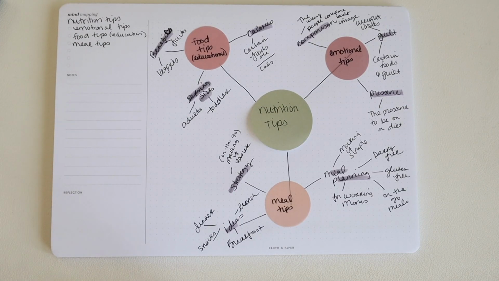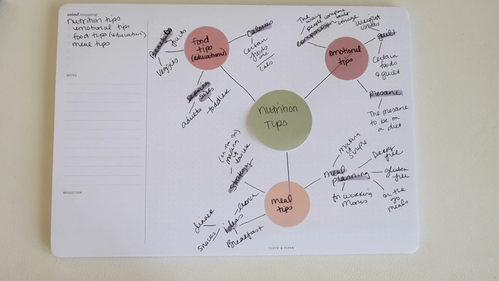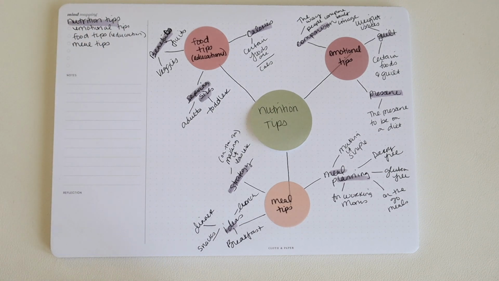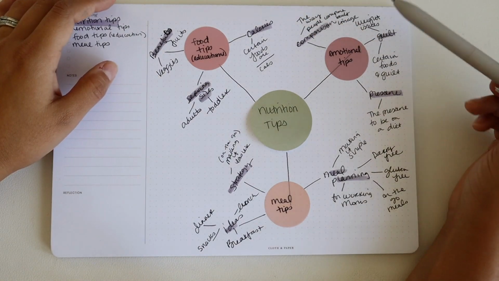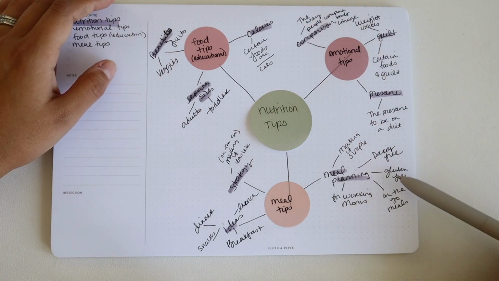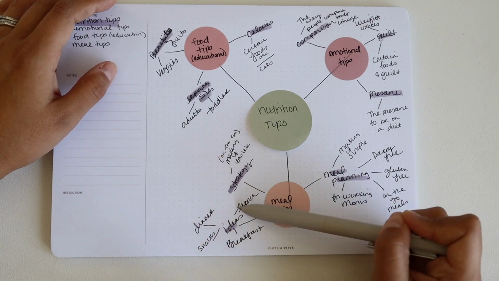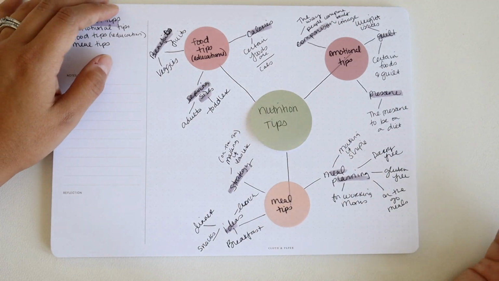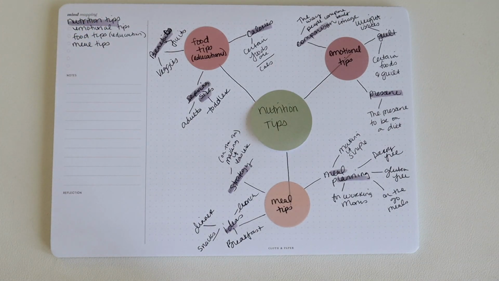So I want to count how many pieces of content I've already created for this one content pillar, because this is assuming that we have other content pillars within our content bank and our content strategy, but we're just going off of this one content pillar to really focus on some of these areas. We have 1, 2, 3, 4, 5, 6, 7, 8, 9, 10, 11, 12, 13, 14, 15, 16, 17, 18, 19. Just with this one mind map and breaking everything down, I've already created 19 pieces of content,